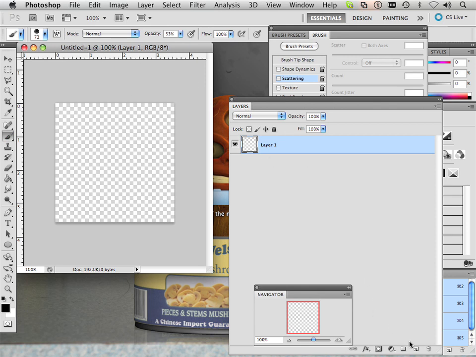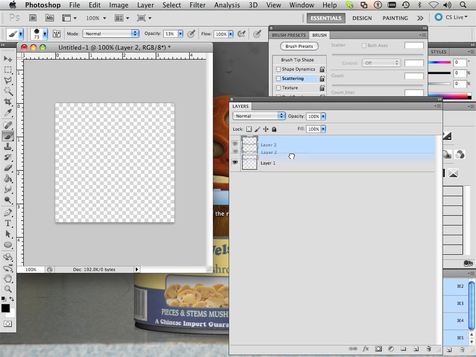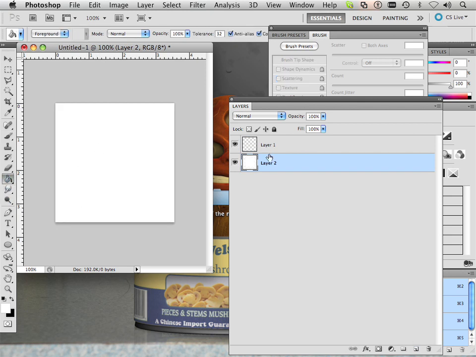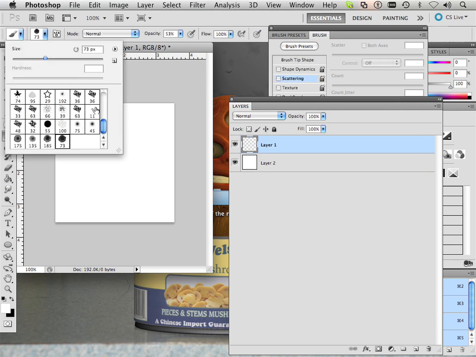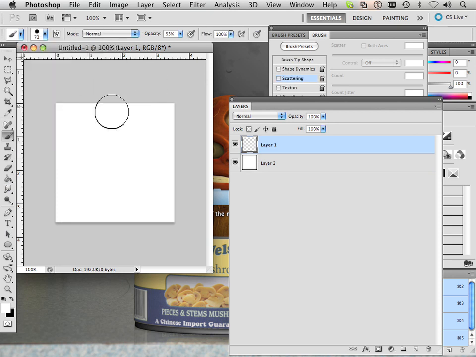A lot of times as a new person, you should probably make a new layer and just fill it with white with the paintbrush or paint bucket tool. And what will happen is that way you can see exactly what's going on with the brush. So here's a brush, and here's my standard everyday old brush. And what I'm going to do here is just lightly click with my mouse at 50% gray